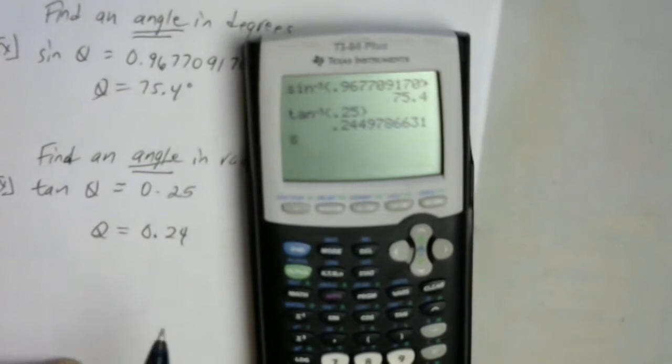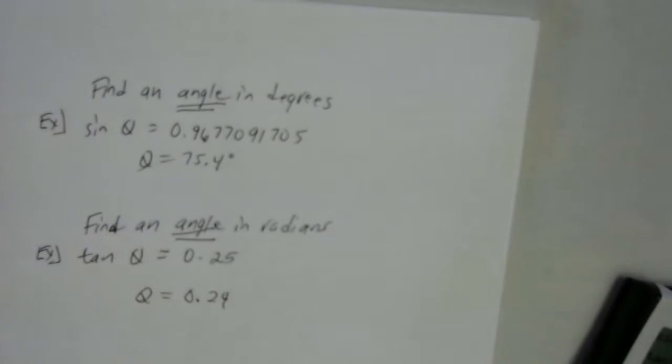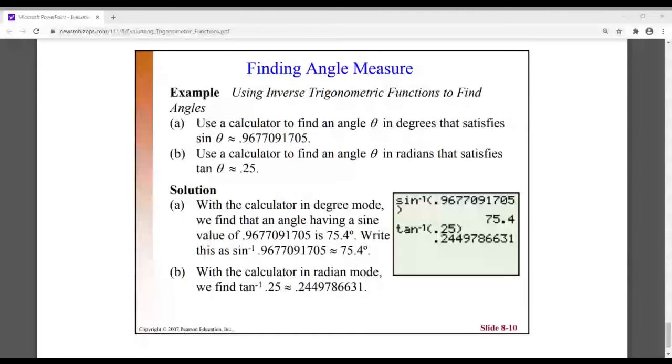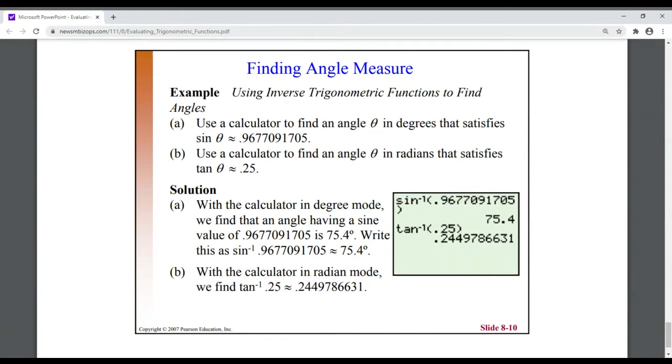Okay. So the key thing here is whenever you're asked to find an angle, you'll use an inverse or arc function. Okay, so any questions about the inverse functions? All right, now this is how we will actually use the inverse functions in the very next section,